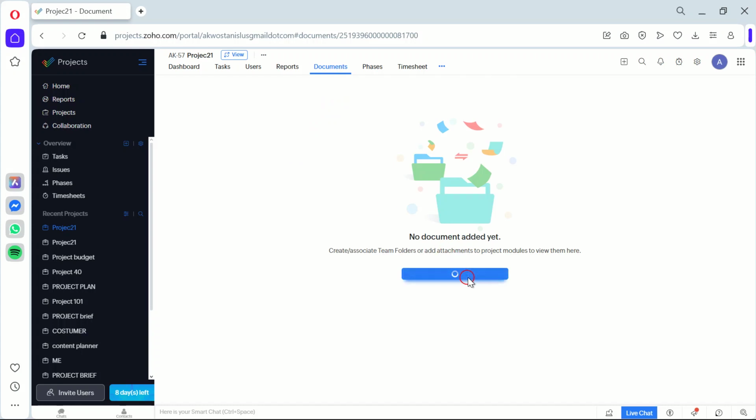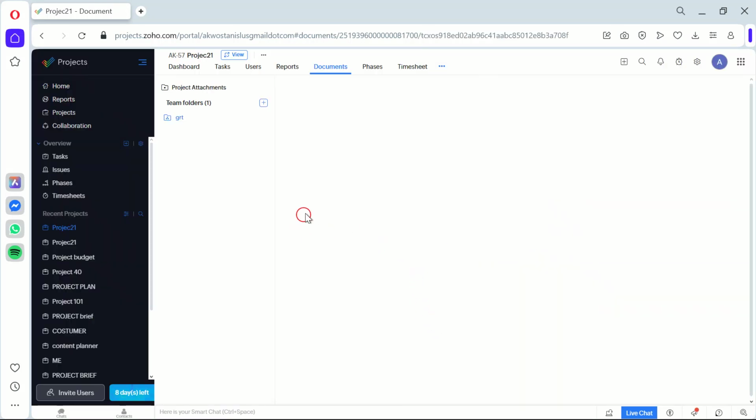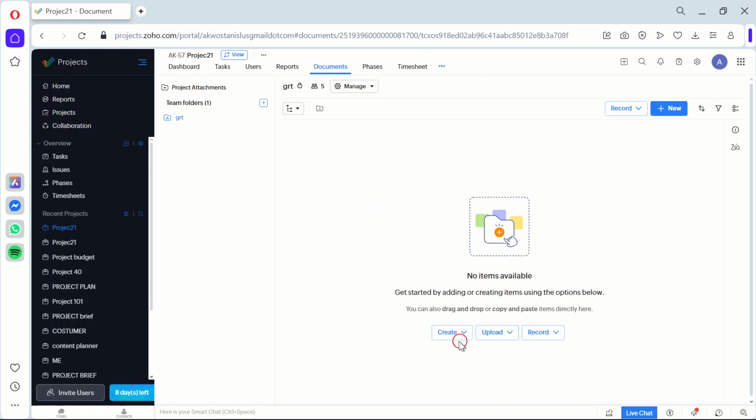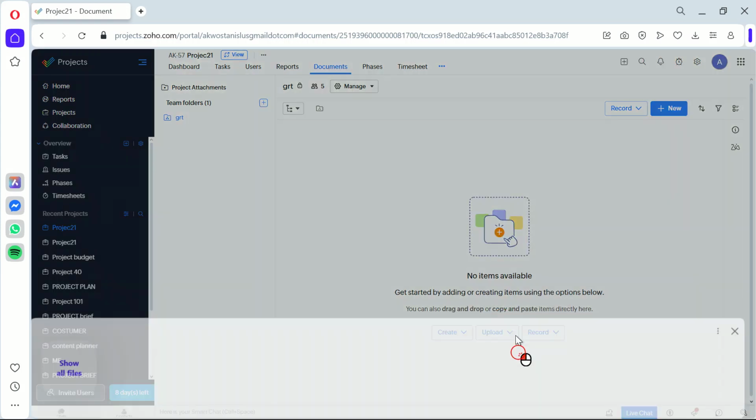Let me explain why this matters. Having a written plan ensures that everyone involved knows what to expect and can refer back to it whenever necessary. To wrap up, remember that an effective communication plan is crucial for project success. Using Zoho Project allows you to streamline this process, making it easier to keep everyone